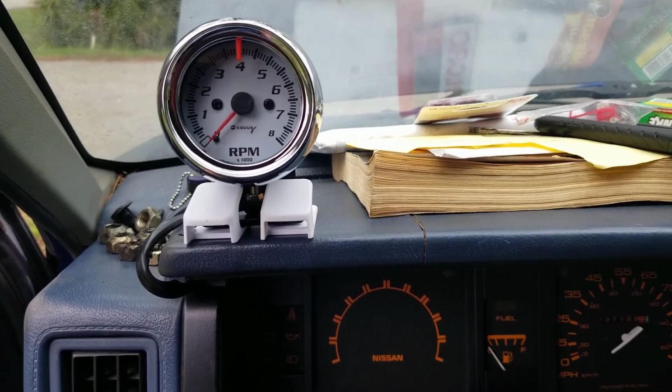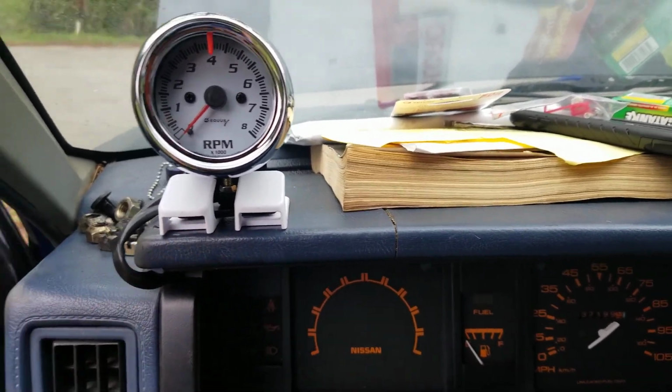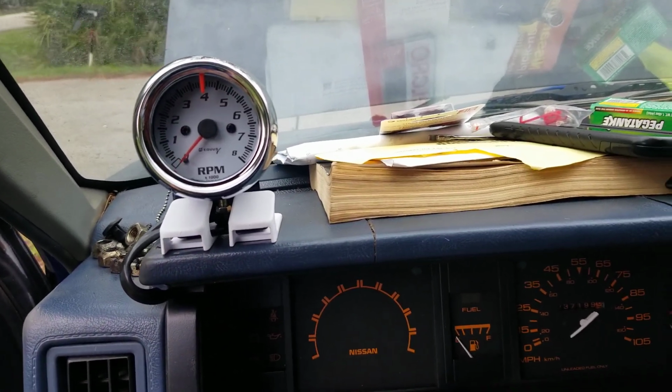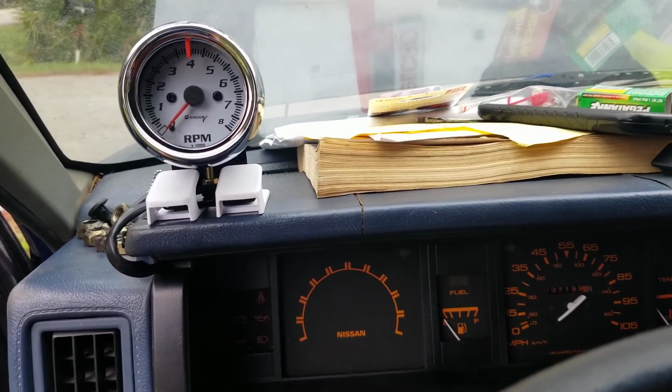And then use double-sided tape to keep it all together. And yeah, I mean, it's not the most professional looking thing, but as long as it's on there,